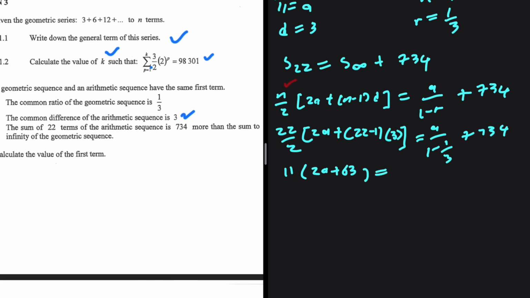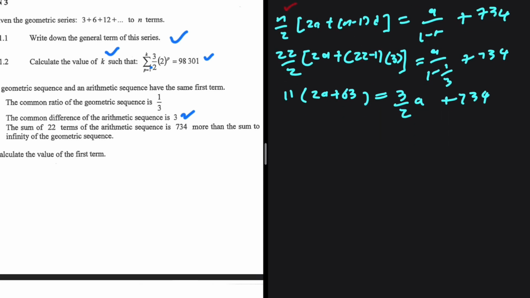This is equal to a divided by, what is 1 minus 1 divided by 3? That is 2 divided by 3. So if we say 1 divided by 2 divided by 3, instead of writing a there, let's write 3 divided by 2 times a, plus